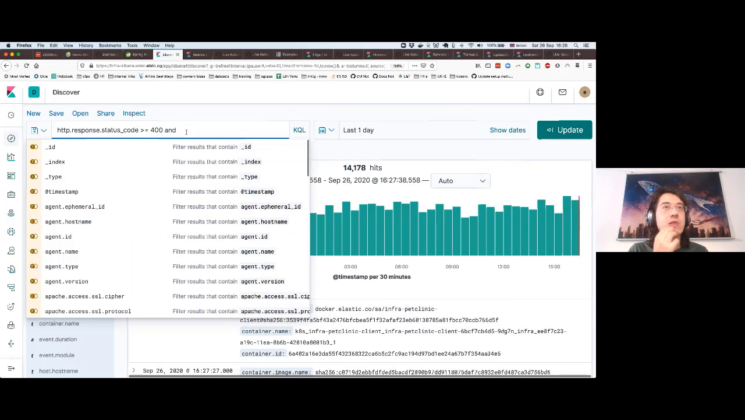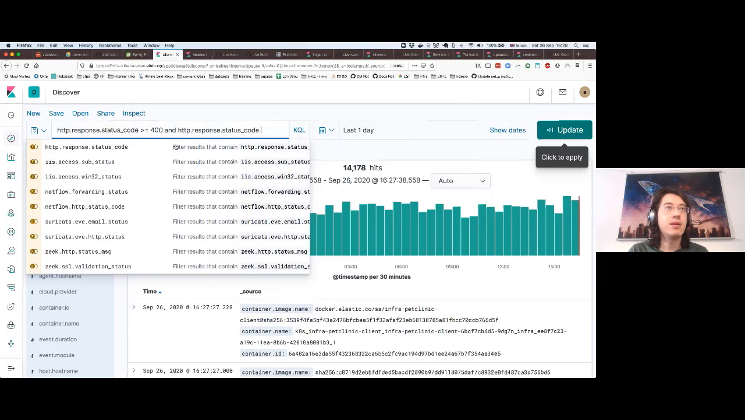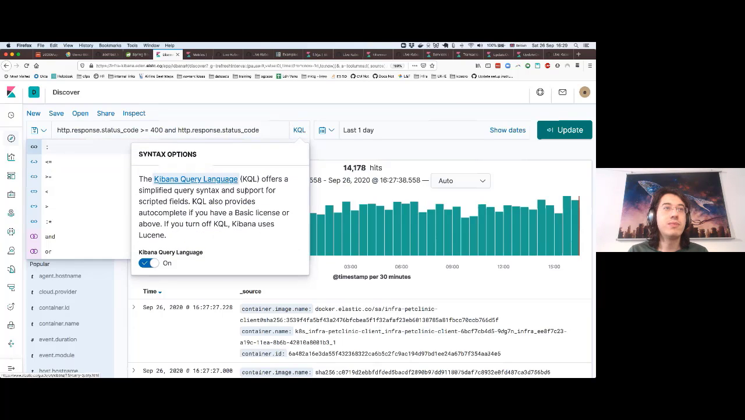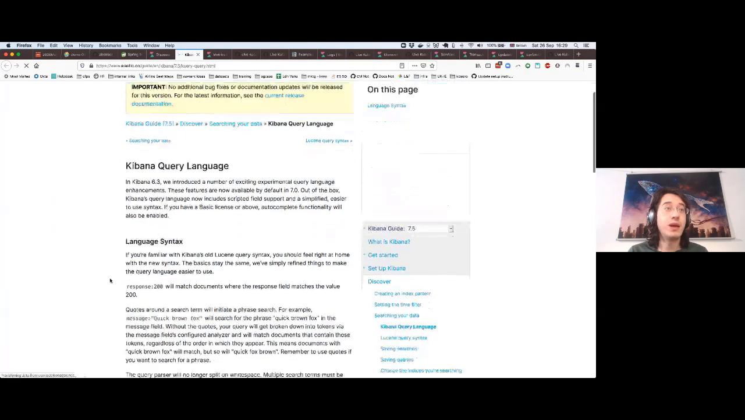And, ooh. Okay, so I want status code again. Pop. And we have equals a value. The tooltips tell me what I could do. What they don't say is how do I do a not. They say equals, but they don't say how to do not equals. So if I click here, it says it's using the Kibana query language. And if I open that,